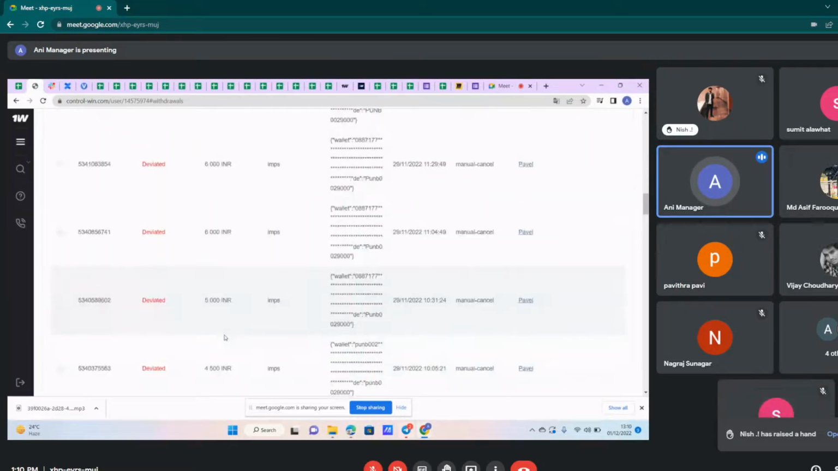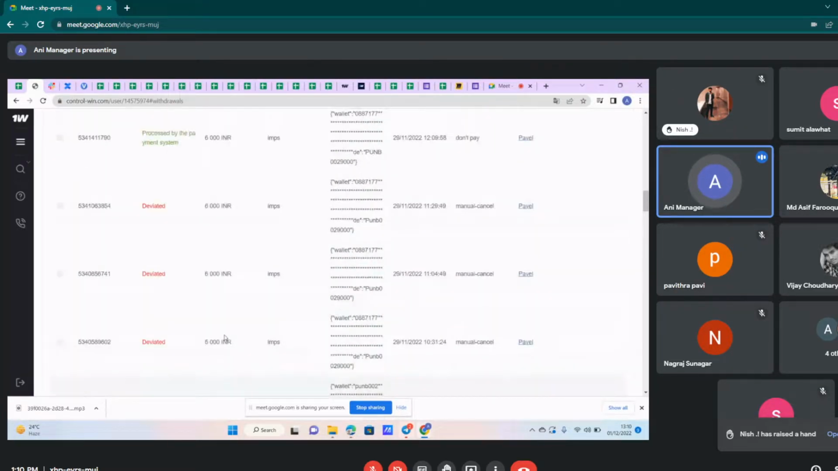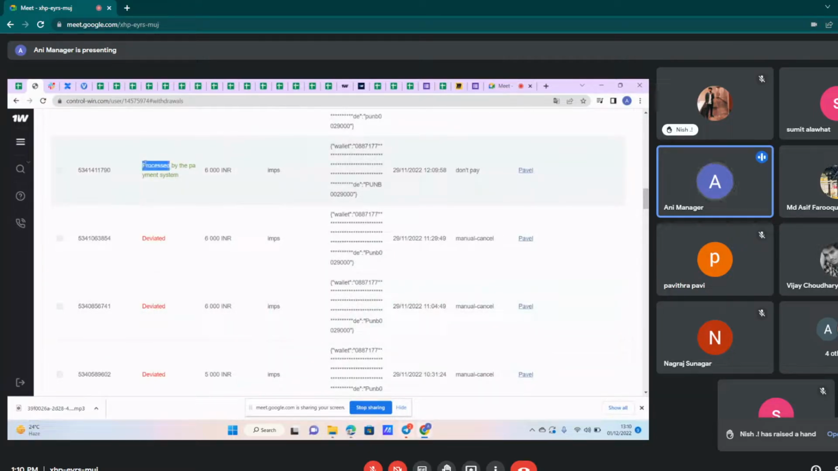So all information you can see in his CRM, and for now you can see his one withdrawal is stuck by the payment system. Like you can see the green option processed by the payment system of 6,000, and he made the withdrawal on 29th, which means within 48 hours he should receive the withdrawal. And on 29th he made withdrawal at 12:09, which has crossed the time of 48 hours. So like